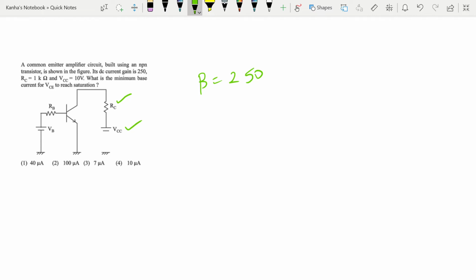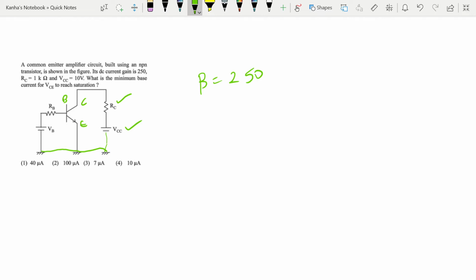Now if you look at this loop, these three are grounded. That means these three are connected to each other. Actually there should be a line here. Now what this means is, this is the emitter region, this is the base, this is the collector. So this is the common emitter configuration.